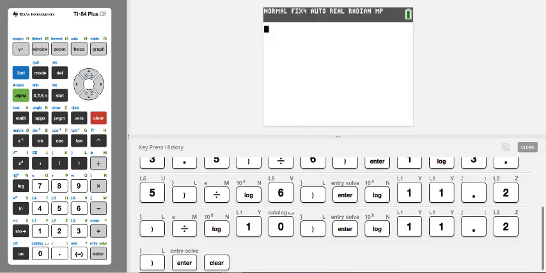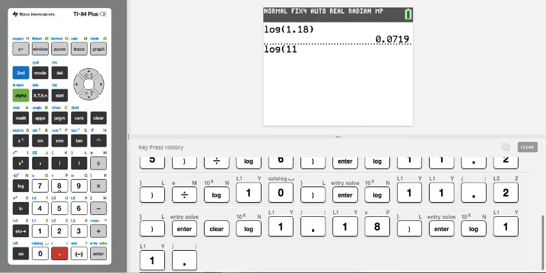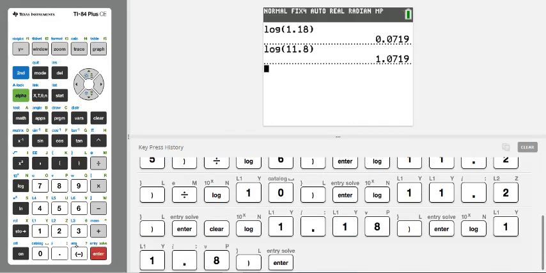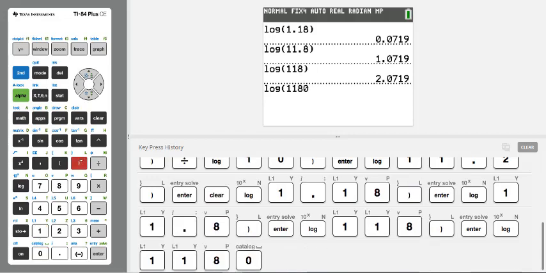Okay, so log of 1.18, close parentheses, log of 11.8, close parentheses. So here's all your stuff, right? Log of 118, right? And then the log of that. So you can see that it's going up,